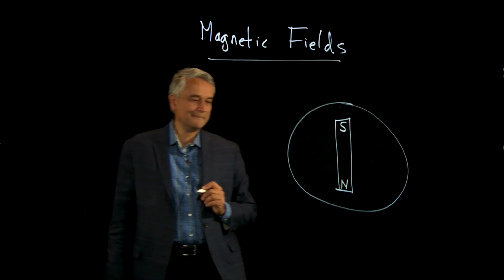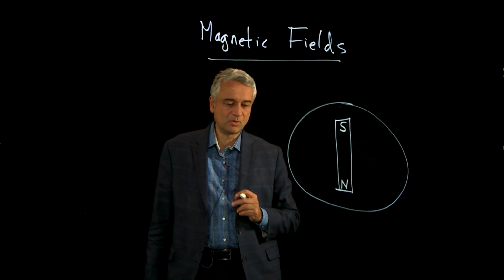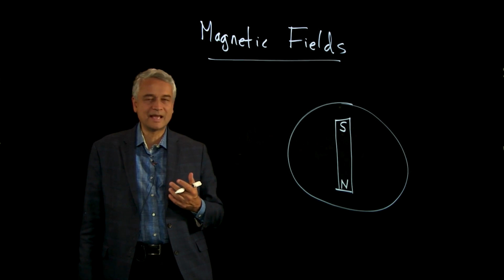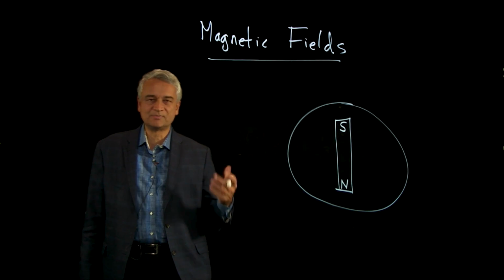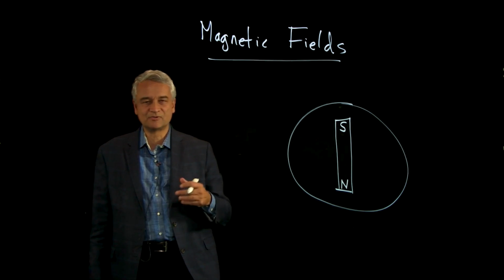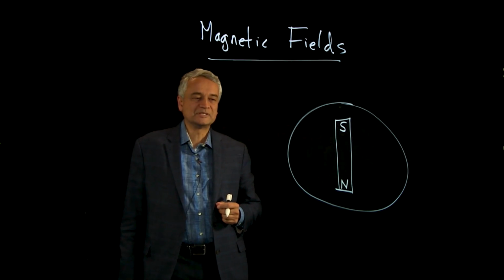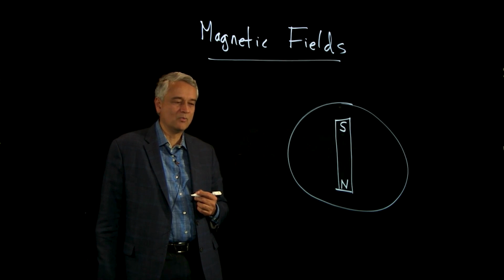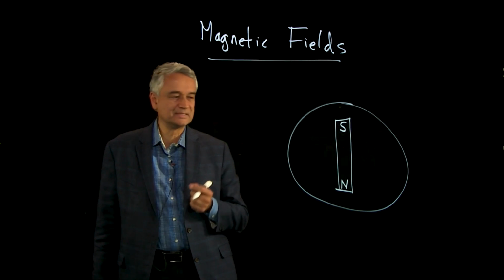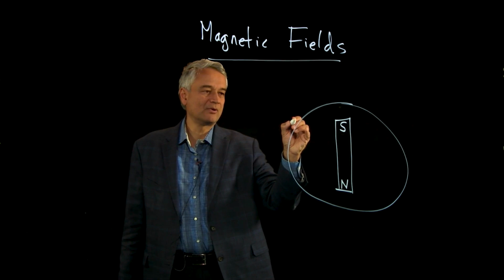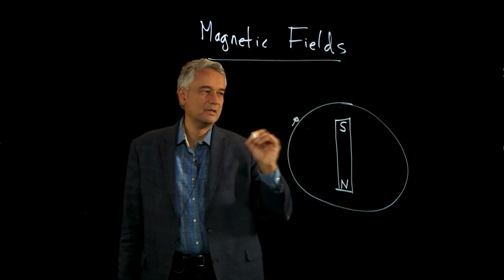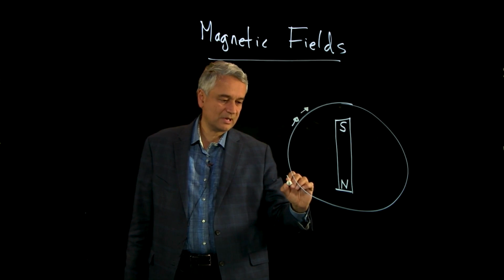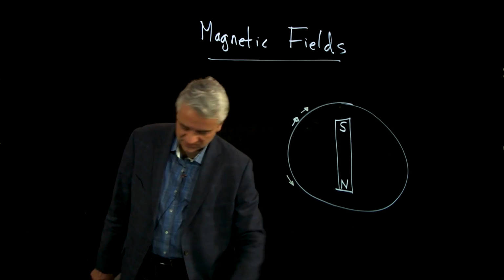Well, what do we mean by north and south pole? You know from childhood that north poles attract south poles, and south poles attract north poles, and north repels north, and south repels south. And in particular, the way we define what we mean by north and south is we take a compass, and if I'm here on the Earth and I have a little compass needle,